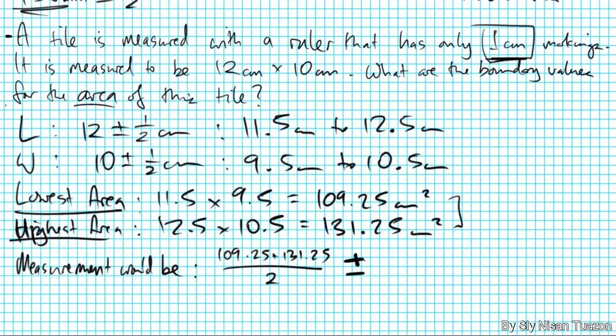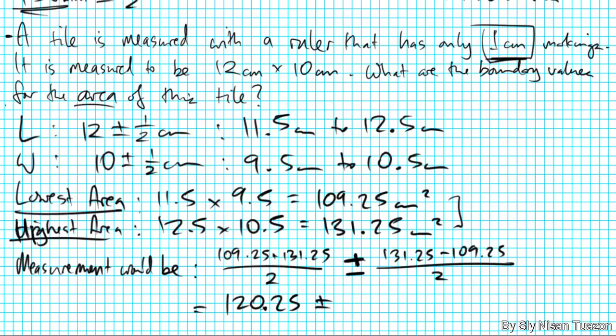So what's the biggest boundary? 131.25 minus 109.25, and halve it. Put that in my calculator, 109.25 plus 131.25, divide that by 2, that's going to be 120.25 plus or minus